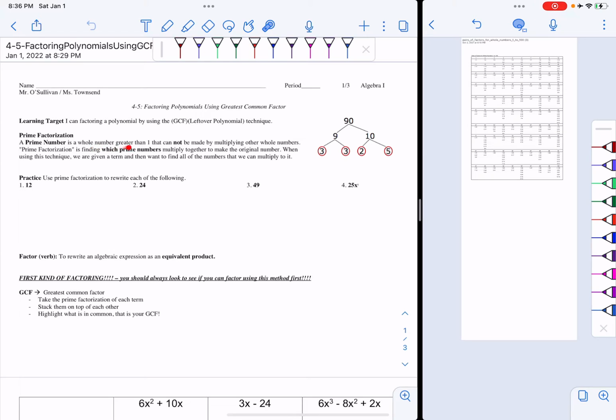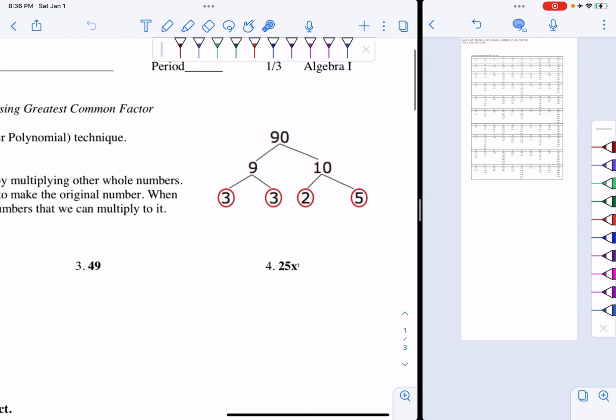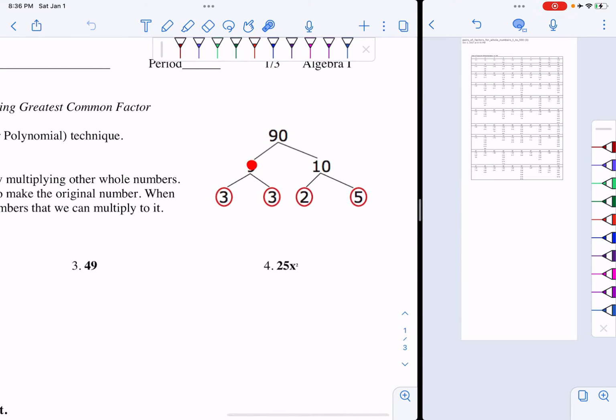A prime number is a whole number greater than 1 that cannot be made by multiplying other whole numbers. Prime factorization is finding which prime numbers multiply together to make that original number. So for instance, if I look at the number 90, I can say 9 times 10 is 90. I could break apart 9 to be 3 and 3, but I can't break apart a 3 anymore because it would only be 1 and 3. I could break apart a 10 to be 2 and 5. So when I do the prime factorization of 90, I can say 90 is equal to 3 times 3 times